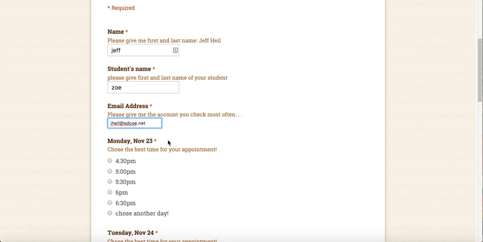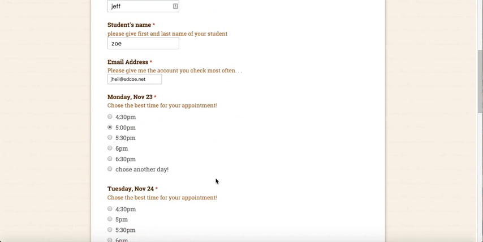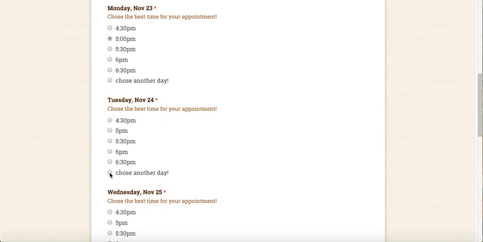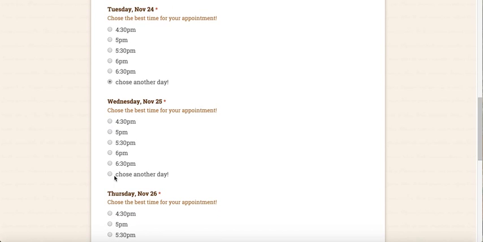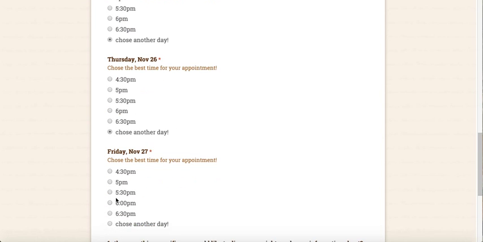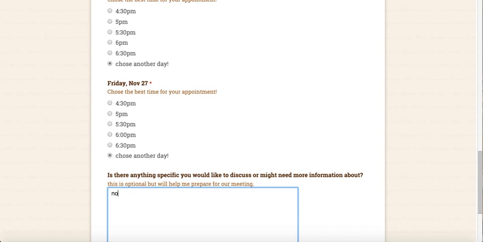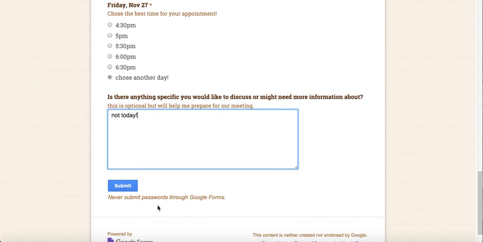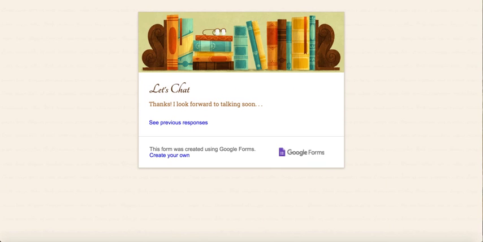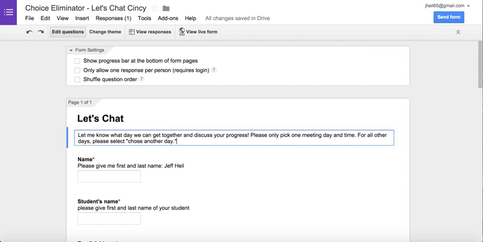That's my work address. Let's say I'm going to choose Monday at 5 o'clock so I make sure that I'm home in time for Monday Night Football. Since I chose Monday at 5, for the others I'm going to say choose another day, choose another day, choose another day, and choose another day. Anything specific I would like to discuss, I will just put no, not today, and then I will click Submit. When I go back to the template, you'll notice that one response has been recorded, and if all is right in the universe, when I then go back to view the live form,